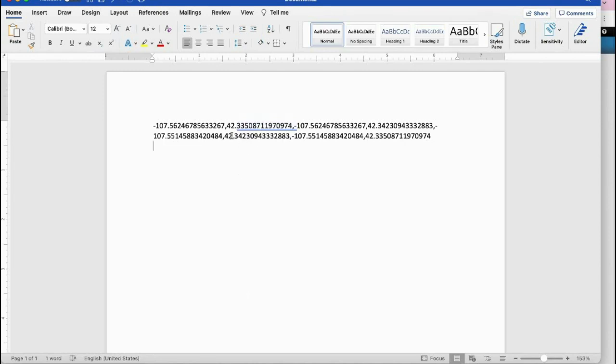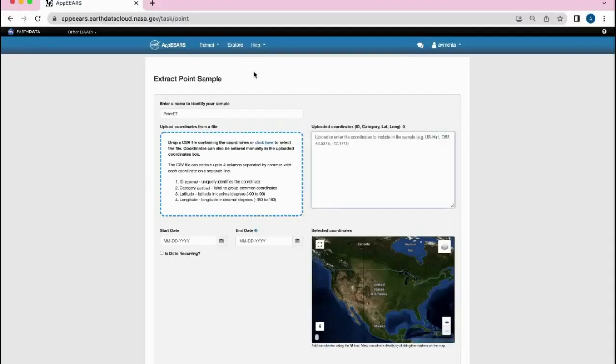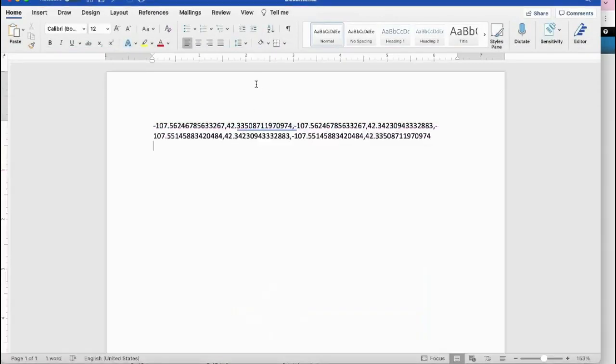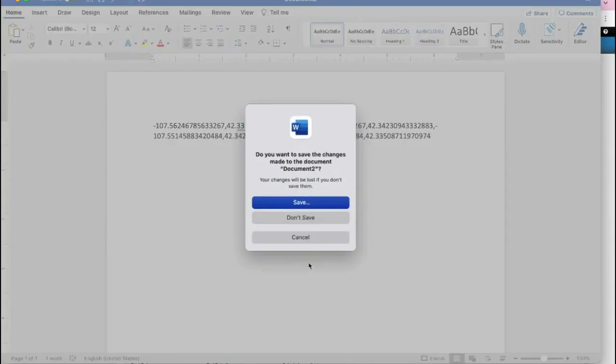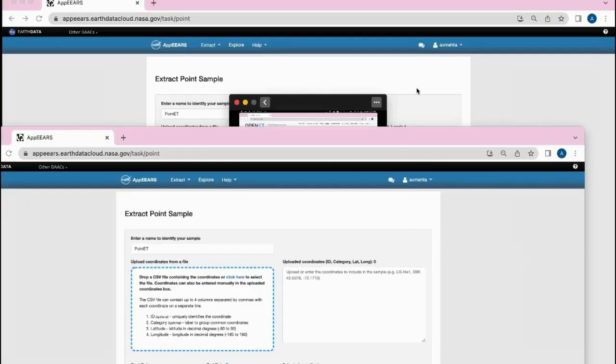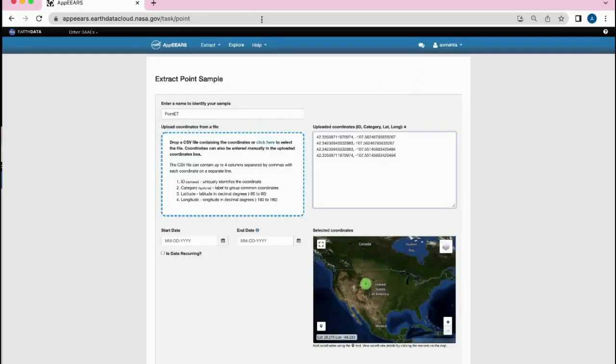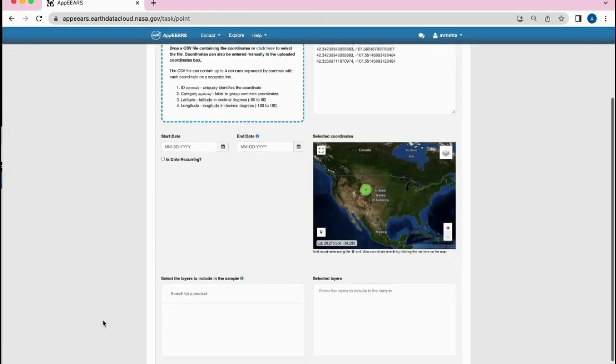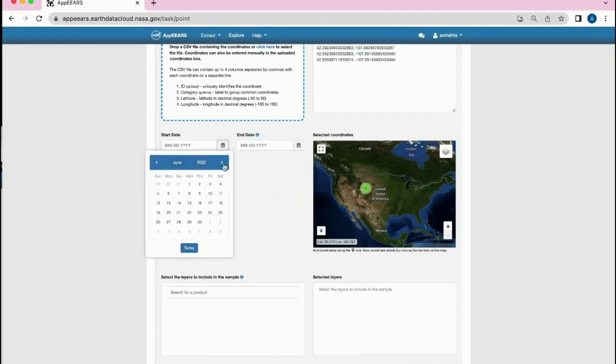So I'm going to use these points in the ECOSTRESS window, where I'm going to enter all those points, latitude, comma, longitude, as shown here. And I've already done that. So let me go to this site where I've already put in this data, coordinates. Here, let's, for example, have